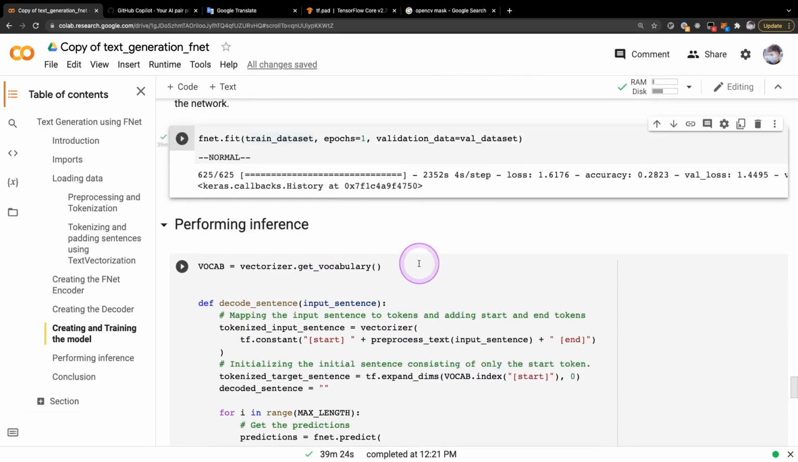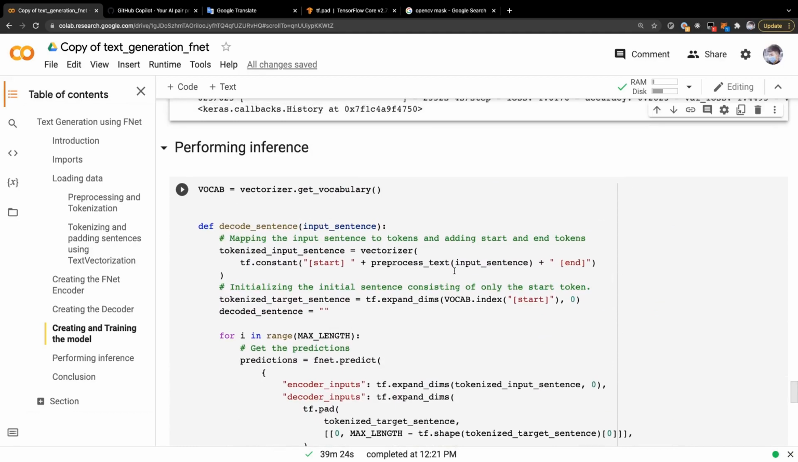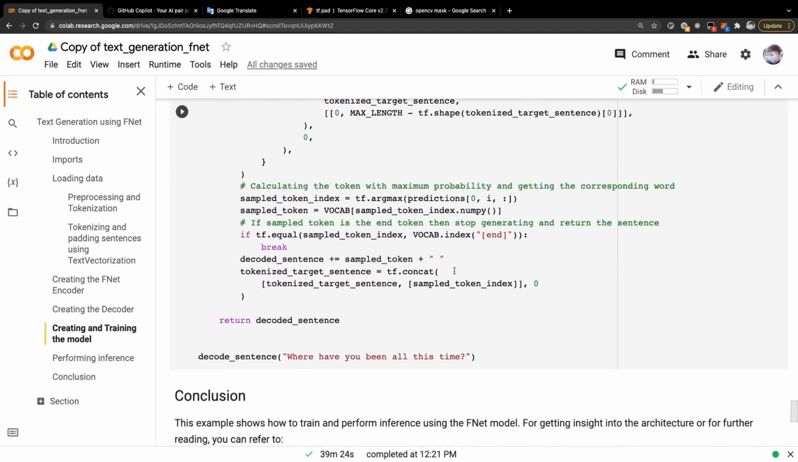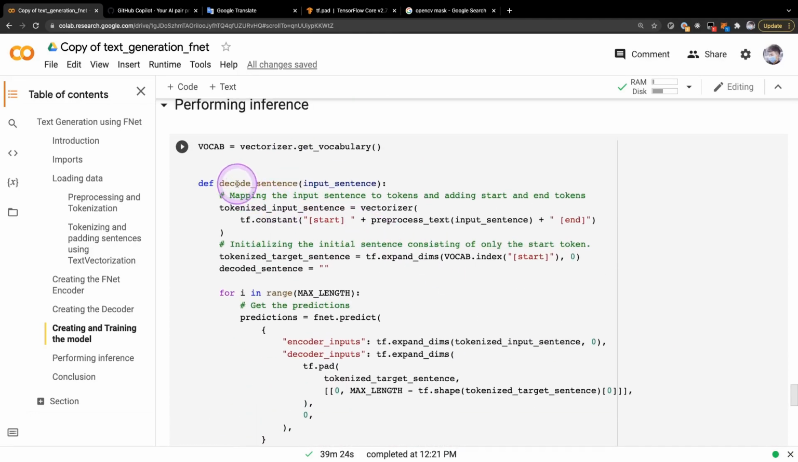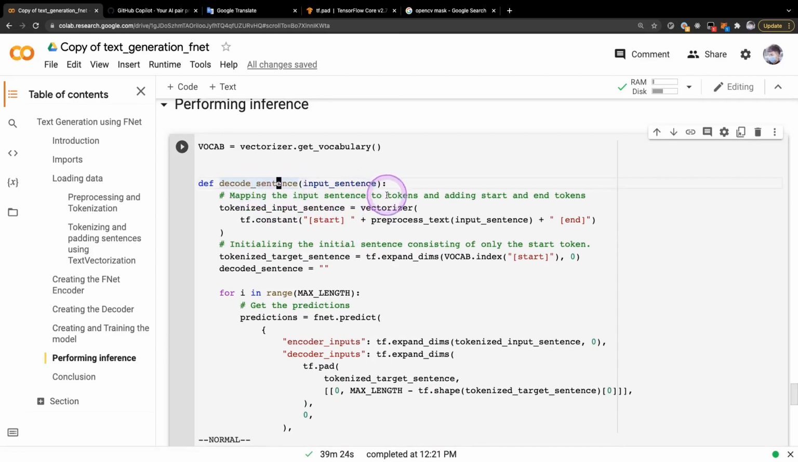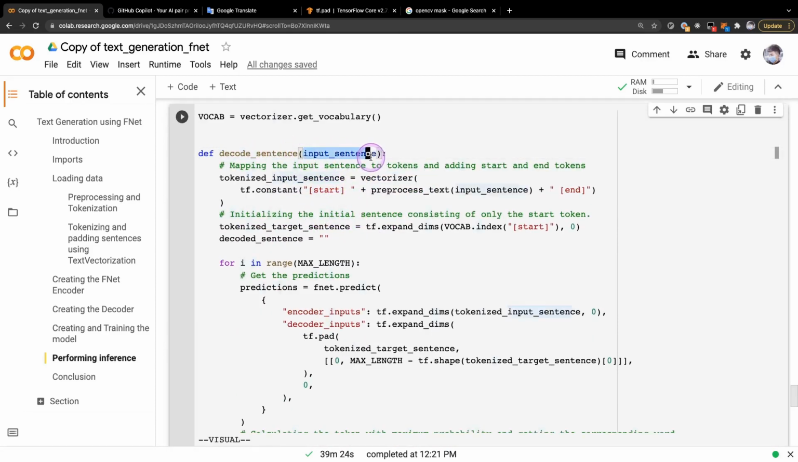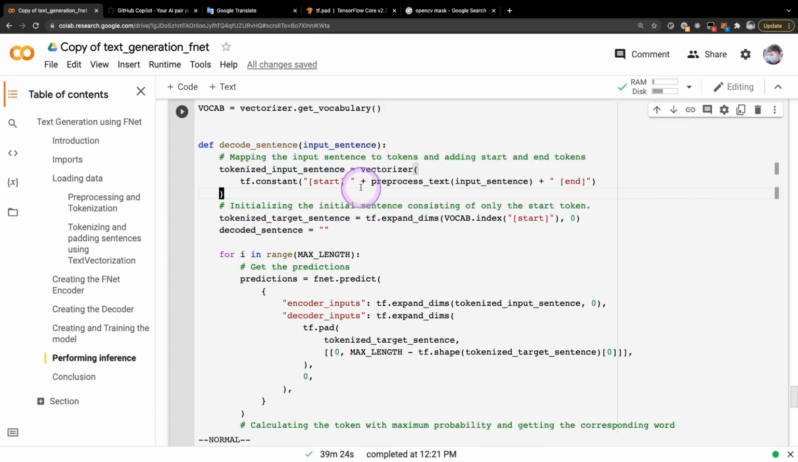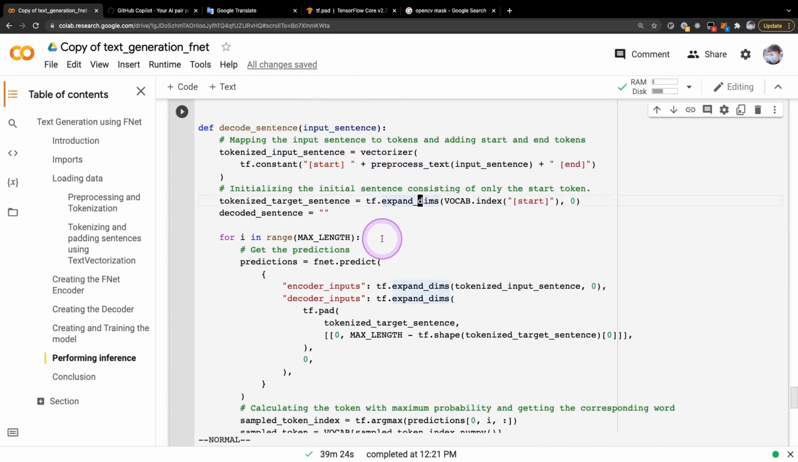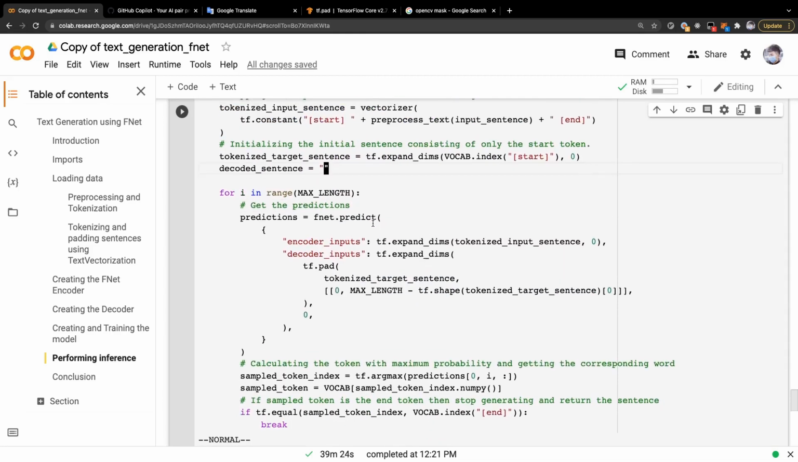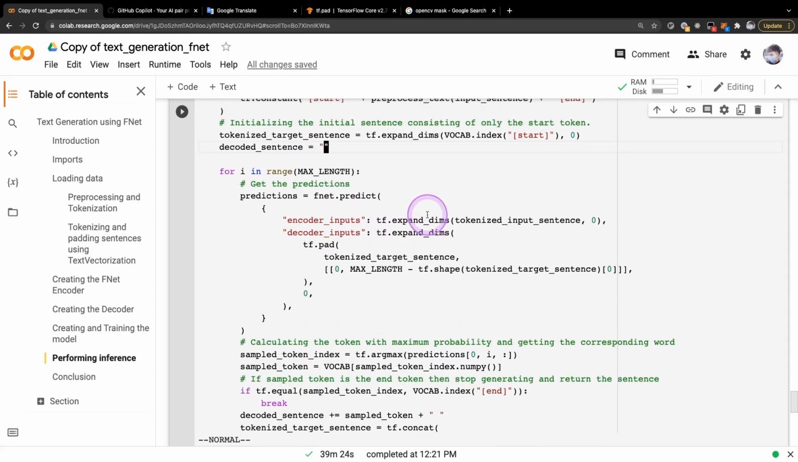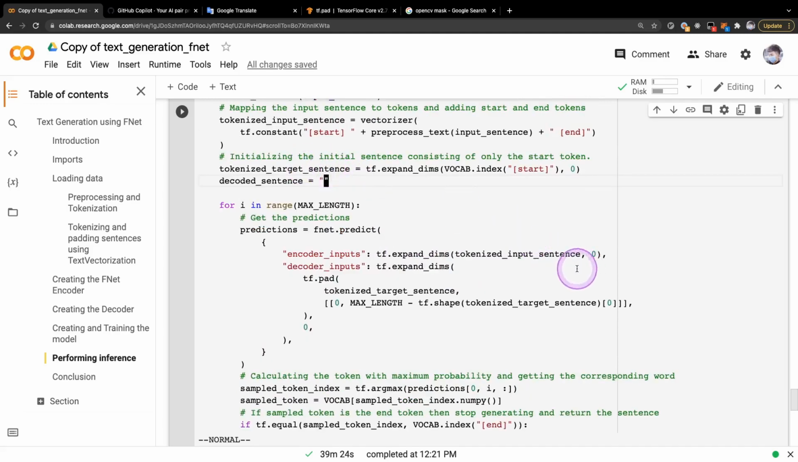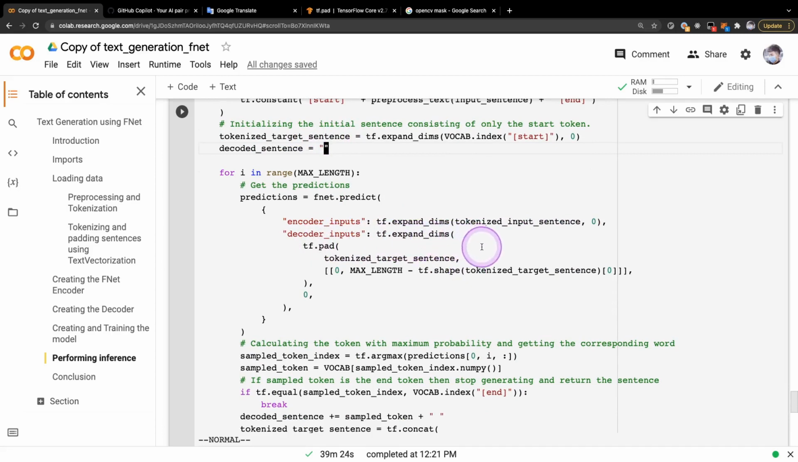How about we do the testing for now? Before we get started, to be honest, I was quite curious about how he was able to do the inference. It seems like he just wrote another function called decode sentence. So what he does is he takes that sentence input, then he does the vectorization with this. After that he expanded the dimensions. Then for i in range of max length, predict equal to the model on the expanded dimensions of the tokenized input sentence, which is a sentence, right? Then the decoder inputs, what is that? It also has the